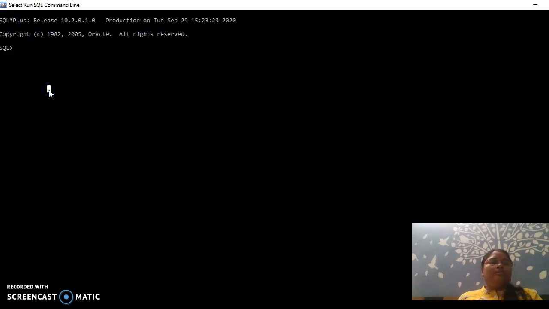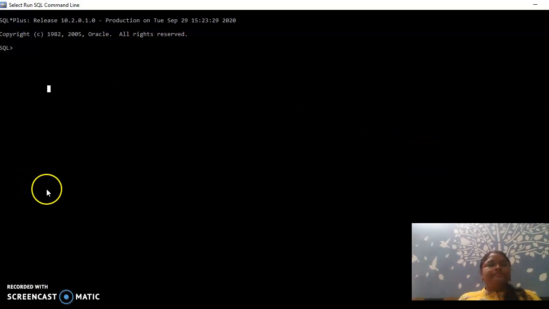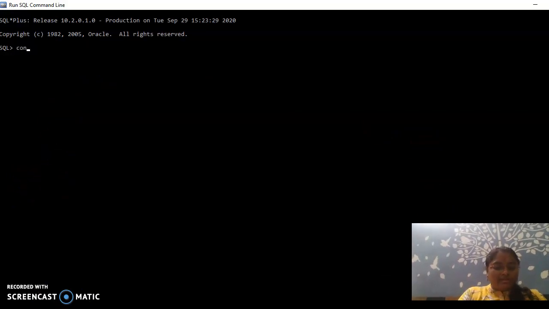When you install this, you will get a command line, or you also can interact with the DBMS with a graphical user interface, that is GUI. So two ways you can interact, either SQL command line or GUI. If I'm using the command line, I'm getting this black screen. To get connected, you need to write CONNECT followed by semicolon.